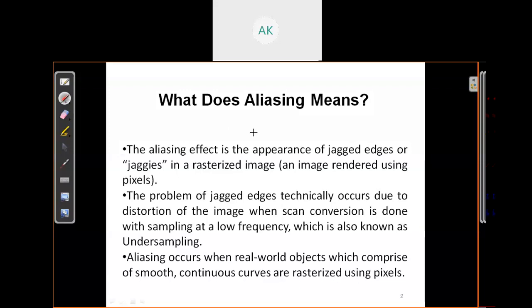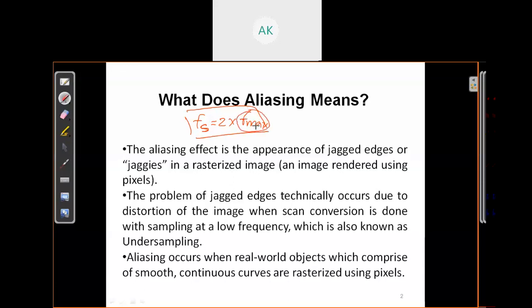And if you remember the Nyquist sampling theory, the Nyquist sampling frequency says your sampling frequency should be twice the maximum frequency of your object. For an object, there is a maximum frequency.